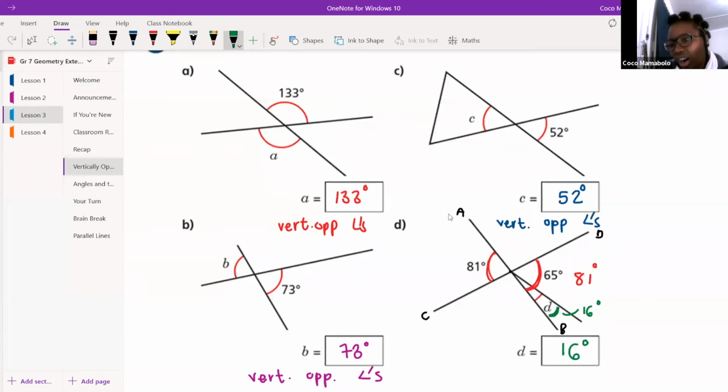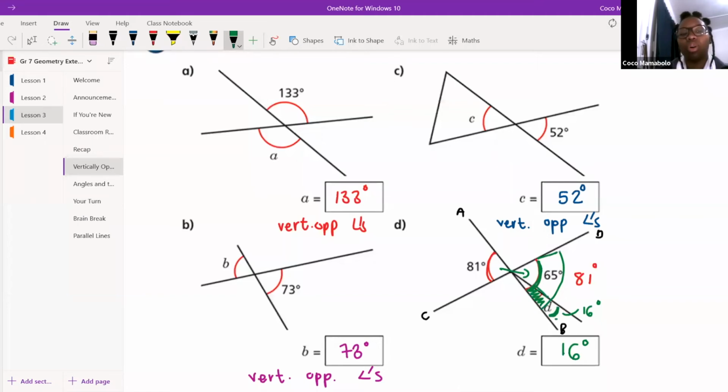So the vertically opposite angle is actually this whole angle. That whole angle is equal to 81. But what we know is only this part is 65. So if this whole thing is 81, this part over here must be 81 minus 65. Now, that was a difficult question. I won't lie. I put it in there because I knew that some of you guys would be like, ma'am,